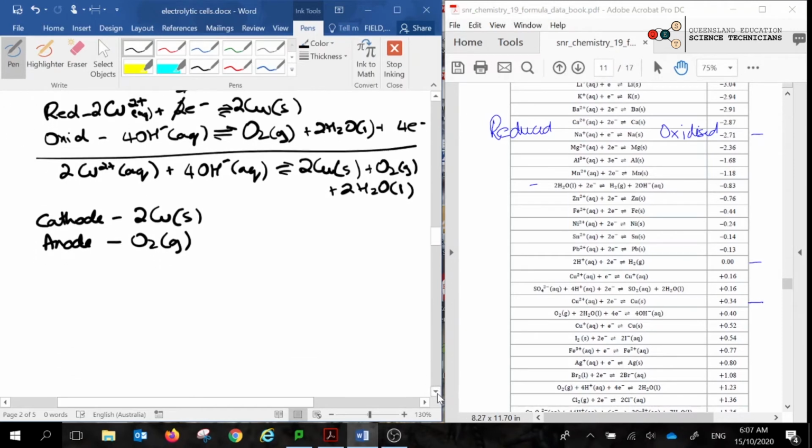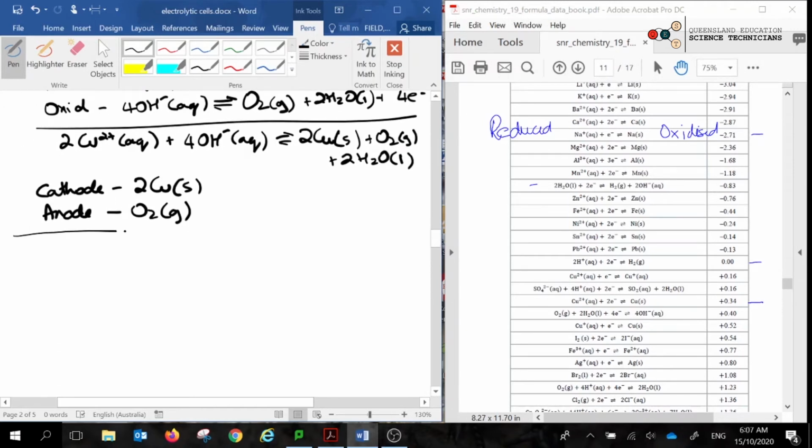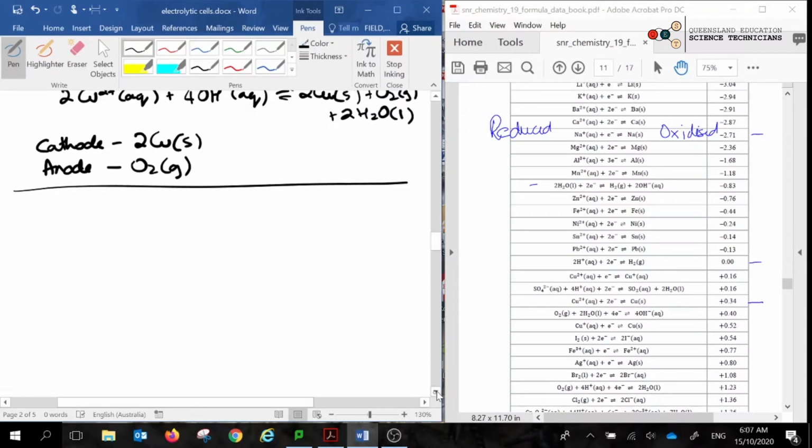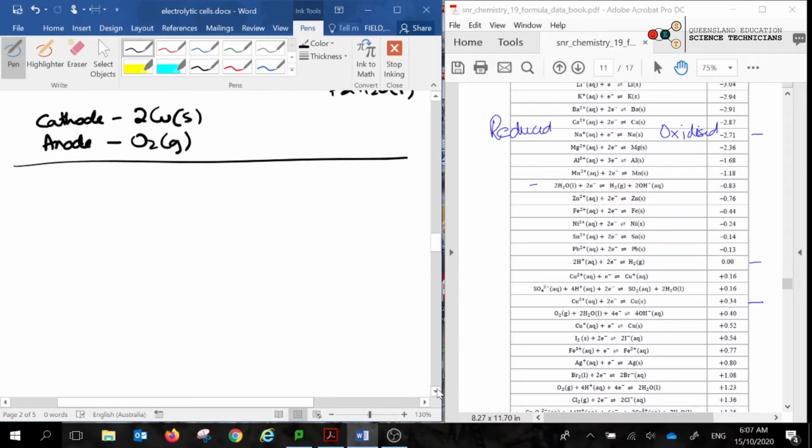So the nature of the electrode also does make a difference in terms of electrolysis. So with our sodium chloride, we could only use inert electrodes because we can't use sodium metal because it's very reactive, and we can't use chlorine gas because it won't conduct electricity. So what we have to do for something where we do have a metal that can be used as electrode and conduct electricity is consider what would happen if I actually had